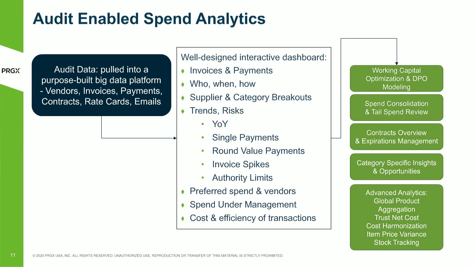True net cost harmonization, looking for price variances if you're a retailer in your items. And if you have goods that you're buying from vendors, storing in warehouses and shipping to your stores, just knowing where that is, knowing that what we ordered is what we got and what we got invoiced, just that simple matchup, these are some really valuable things that, again, we can leverage our data for, and it becomes an incredibly powerful platform to really start your spend analytics journey, right? So moving on,